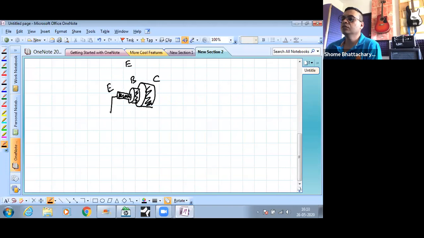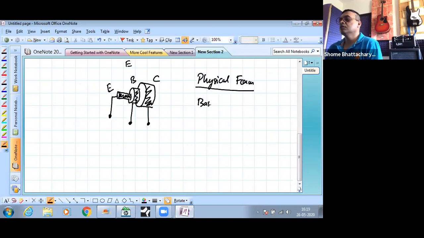And so conducting wires connecting here as the emitter, base and collector. So what we'll see in the physical form factor. The important points in the physical form is that the base is narrow in width,